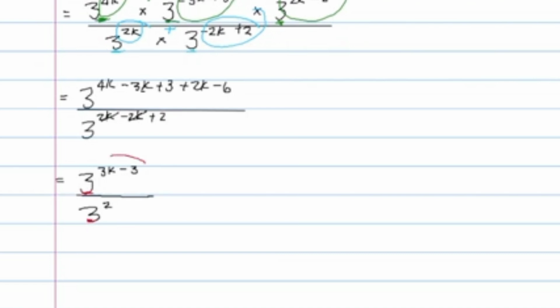So you are having numbers with the same base, and then they are dividing themselves. So take one base and subtract the exponents. So it's 3k minus 3 minus 2. So that's 3k minus 5. That is your final answer. So for now, you should be clear and